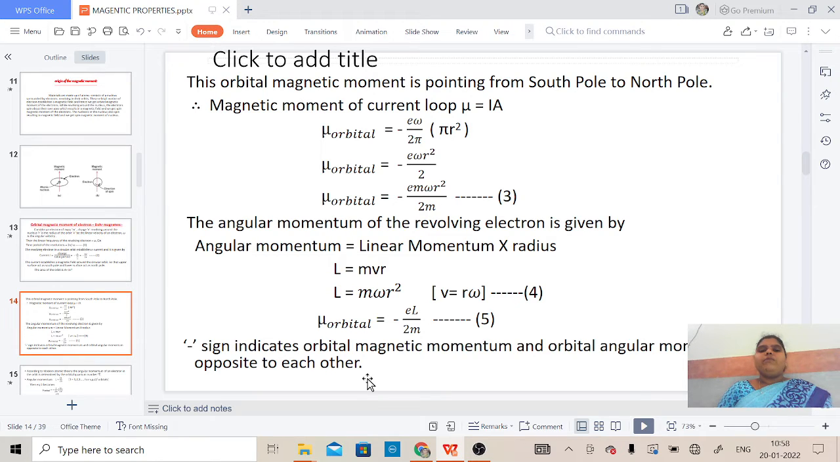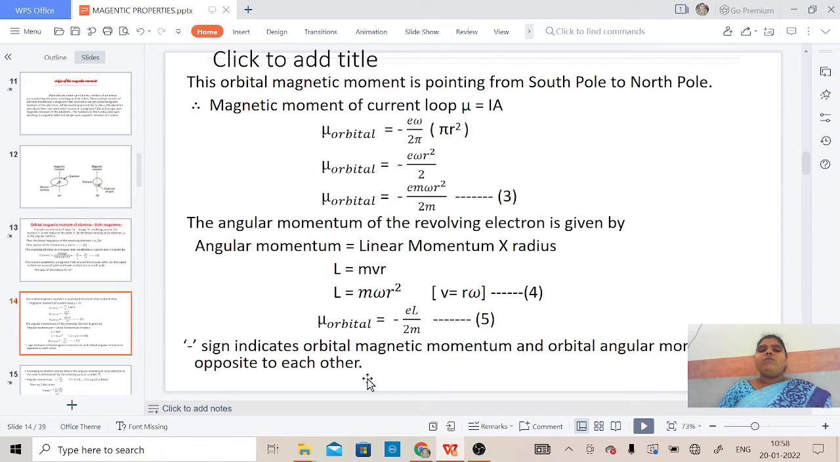Now the μ orbital equals minus e ω by 2π into πr². Now μ orbital equals minus eωr² by 2. Now μ orbital equals eωr² by 2m, according to the mass of each electron. Now the angular momentum of the revolving electron is given by